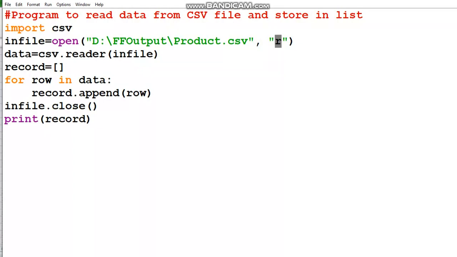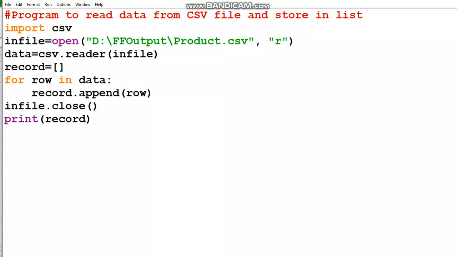And the reader method of the csv module is going to help. This line is very important, where data is read from the CSV file: complete data, all the records, will be read into the variable data with the help of the function reader, and this is the file object.